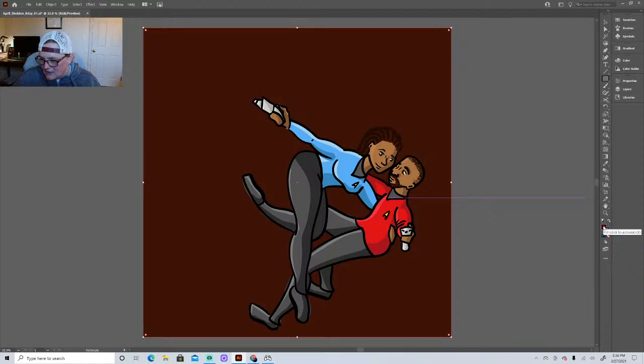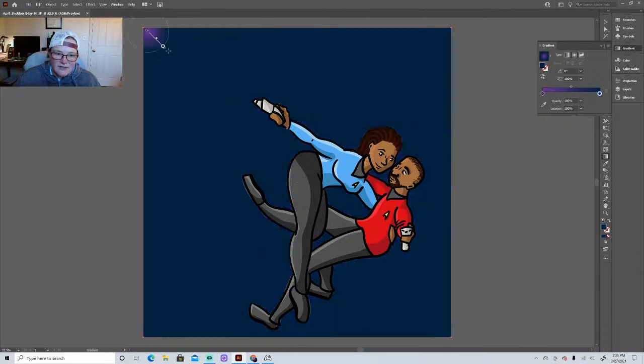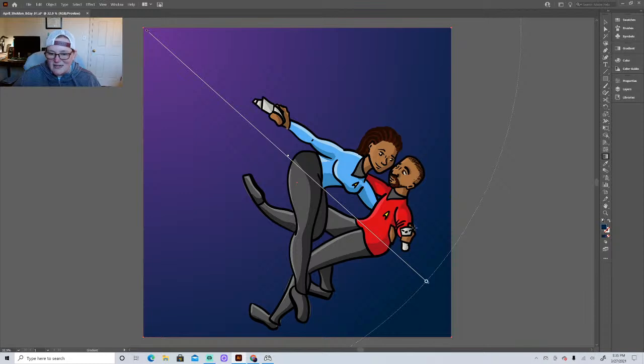I'm just going to go ahead and add that gradient real quick. There it is. And using that gradient tool, I'm going to decide where that light's going to be coming from. So I definitely want to bring it in from the side here, just like that. And here's the other fun thing: once I've decided this gradient, I can actually choose to use this gradient to shade them as well. And just so you can see what that looks like,